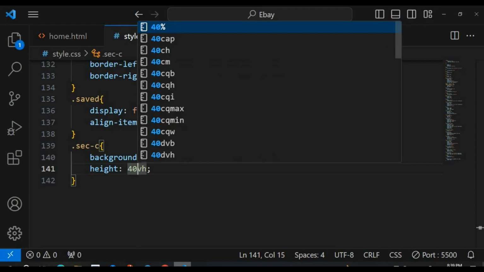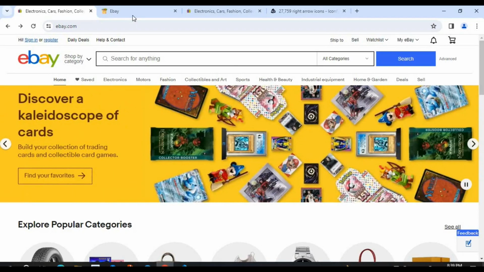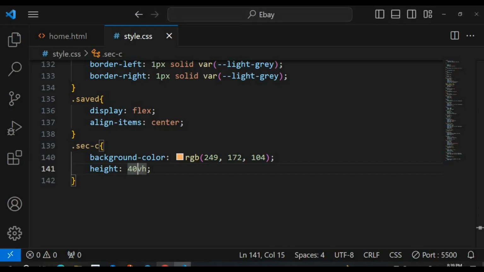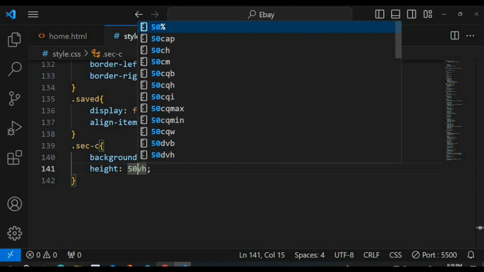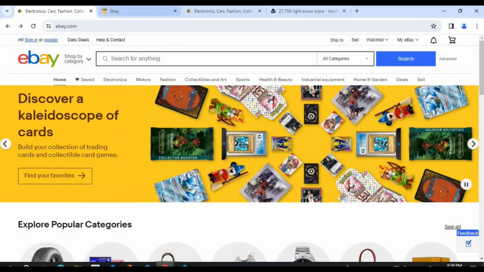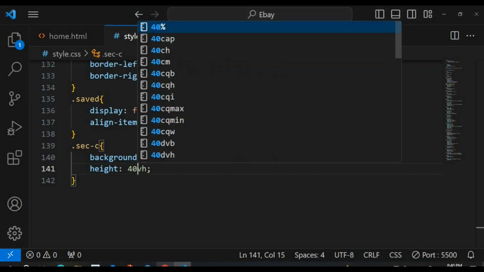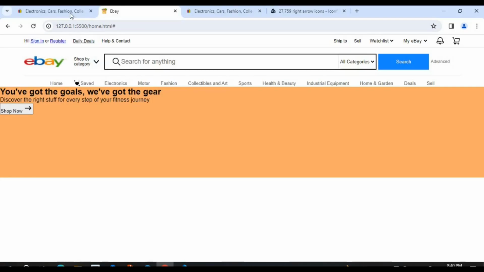Let's say 40 VH. It's 50. That is very lovely. 50 is too much. It's 40. Okay, so since it's 40 VH,